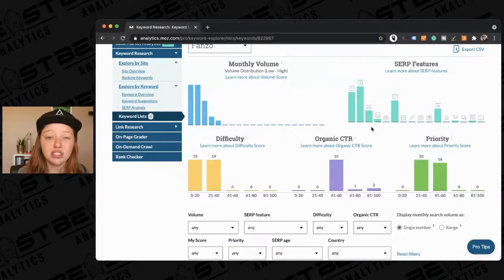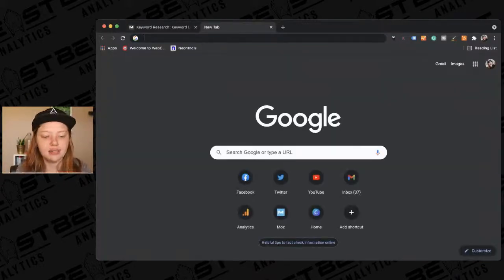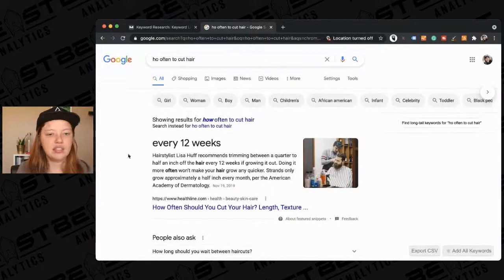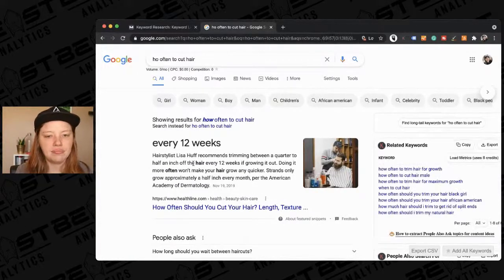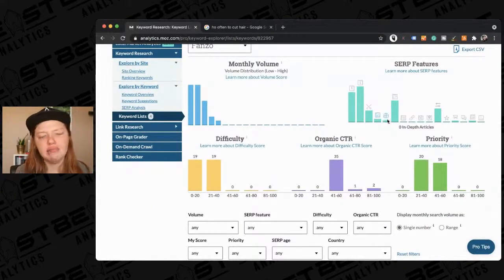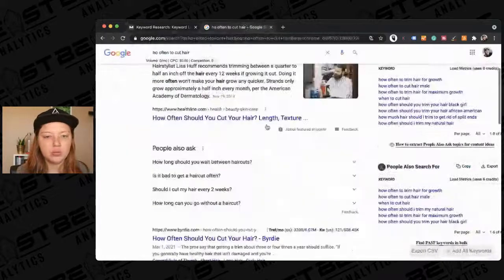Then we have a featured snippet, which is like if I say, how often to cut hair? This is a featured snippet right here. And then we have the images, which we've already looked at, in-depth articles,